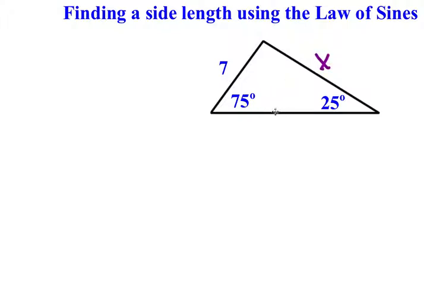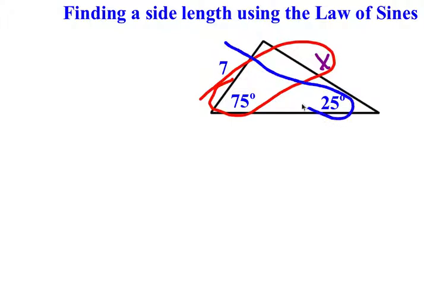If we wanted to figure out this side length down here, which we could certainly do, we'd have to figure out this angle. Because remember, when you're using the law of sines, everything gets paired off. Angles and opposite sides, and opposite sides and angles. Which means when we're doing our setup, simply put, we are going to take and